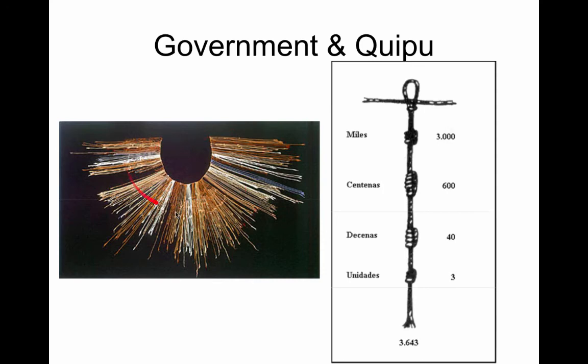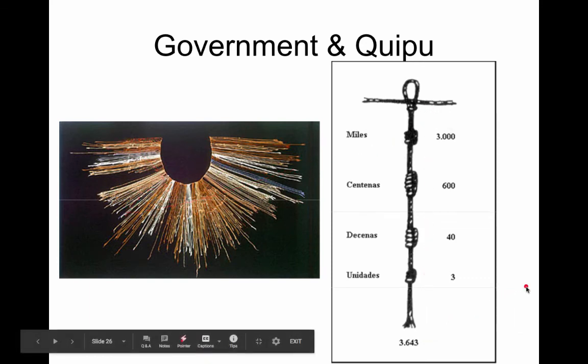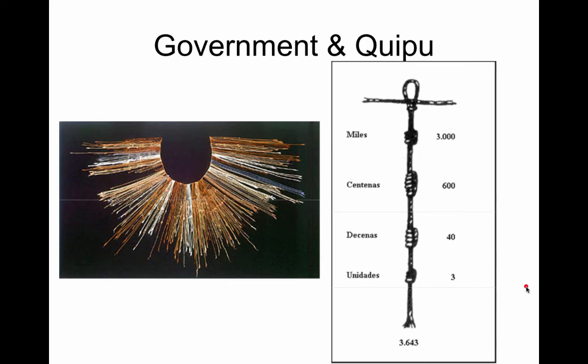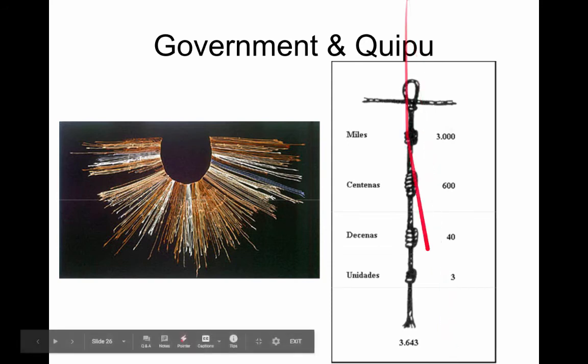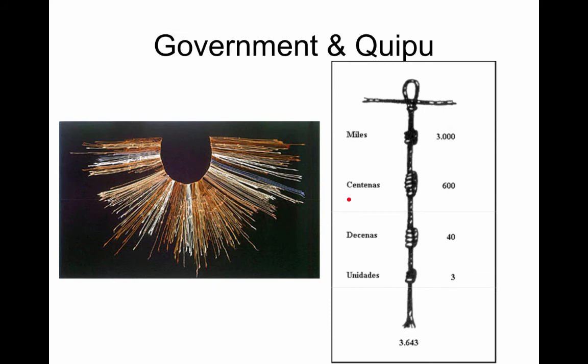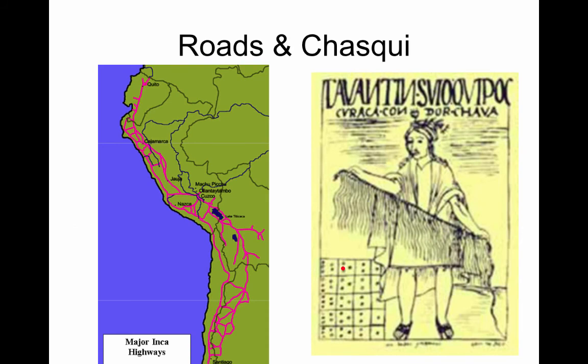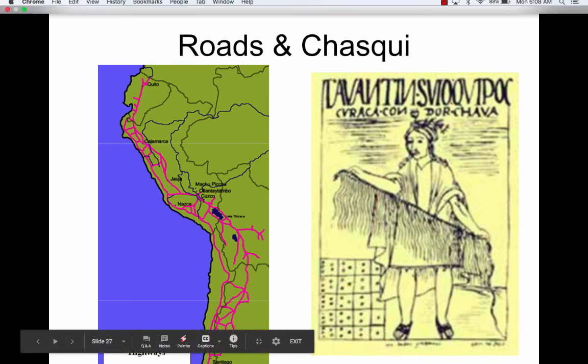So a Kipu was a belt made out of a bunch of knotted ropes. And the way that they knotted the ropes indicated numbers, right? So they came up with this decimal system that would help them remember a particular number. Each rope would be dyed a particular color that meant a certain category. So let's say red here meant population, white meant animals, blue meant food. And the Kipu was used by the Chosky. The Chosky were the running messengers.